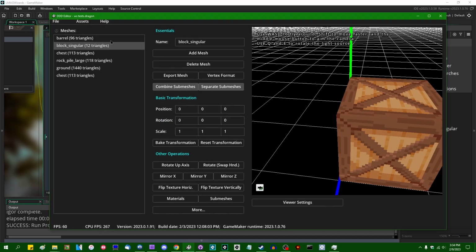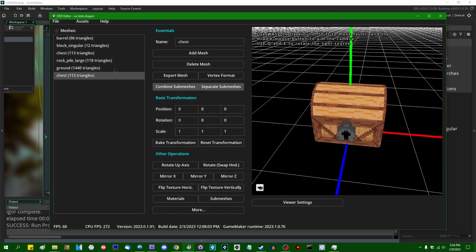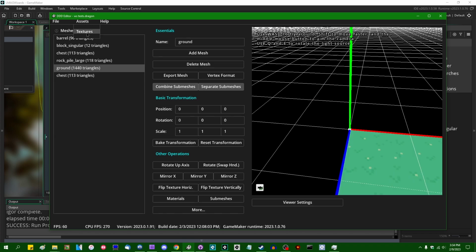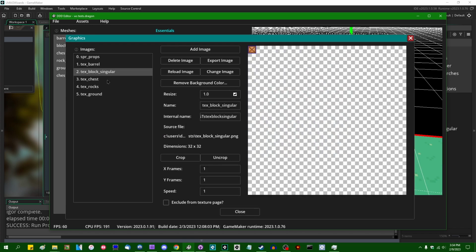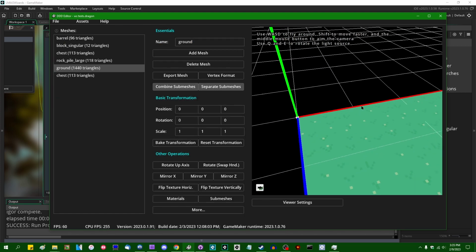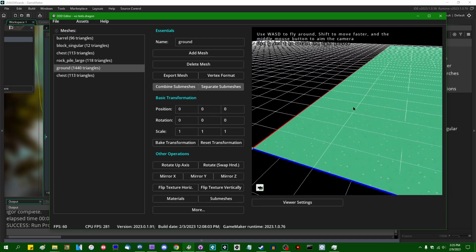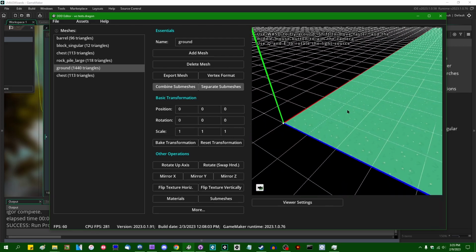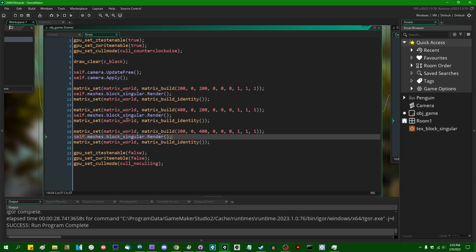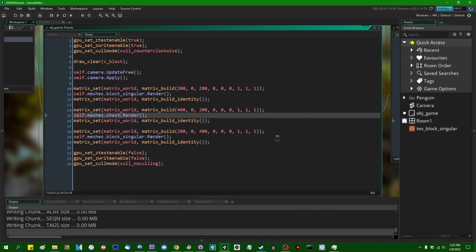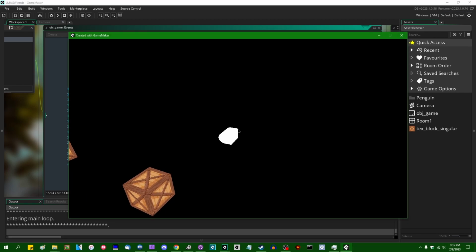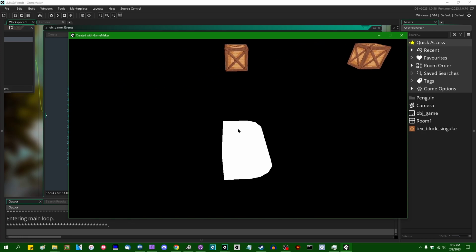Penguin does not actually save texture information when you import a 3D object into it. You do have the list of textures that you can preview in the window, but they're not exported when you export a vertex buffer collection. If I were to instead say something like meshes.chest.render, because that's another one, this would not be drawn with a texture, and it would instead be drawn just as a